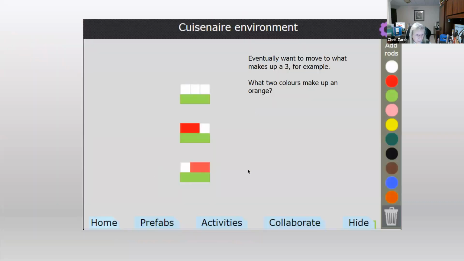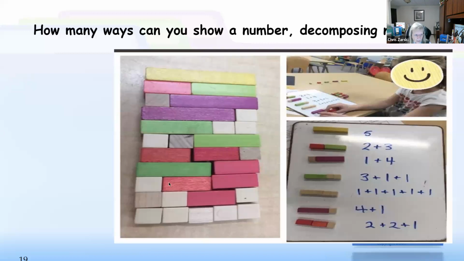Okay. What I want to get to is that understanding. It doesn't matter what order I put on top of the light green. Is it white and red, or red and white? Does it matter? No, it doesn't, because they both still line up to make the green. Nothing changed in the length and the total sum of the distance that these two went, as neither did for three individuals. So it's the visual that I can add numbers in a variety of different ways and come up with the same total. Same thing here.